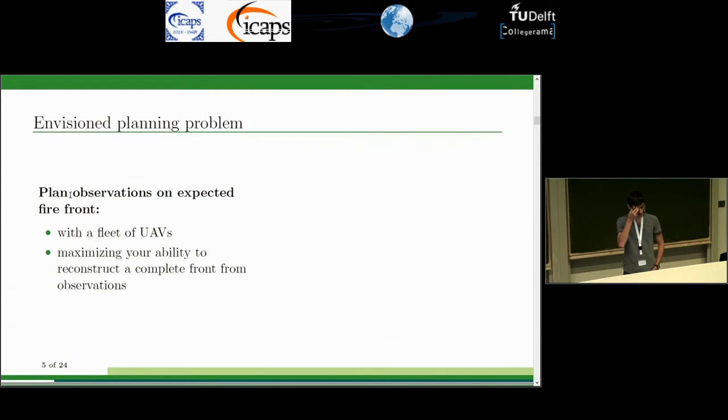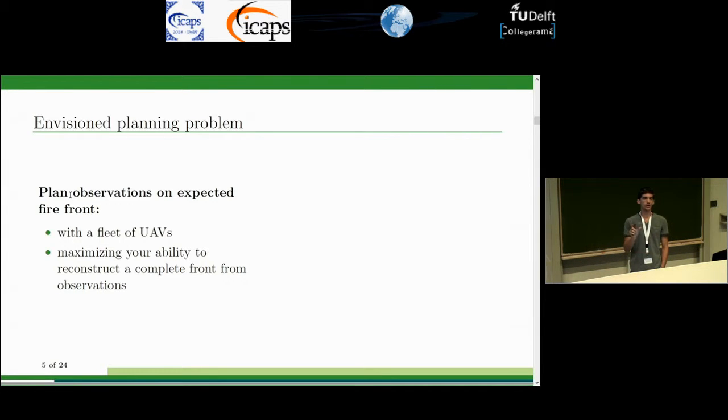And so the planning problem that we want to solve is essentially to plan the observations on this expected fire front using a fleet of fixed-wing UAVs. What we want to do is to maximize our ability to reconstruct a complete front from our observations. Now, this is not a simple problem